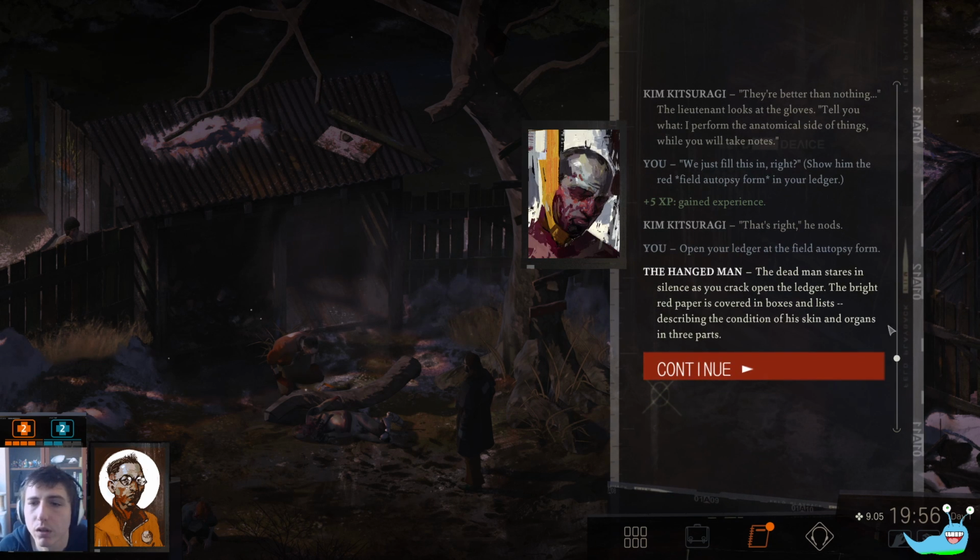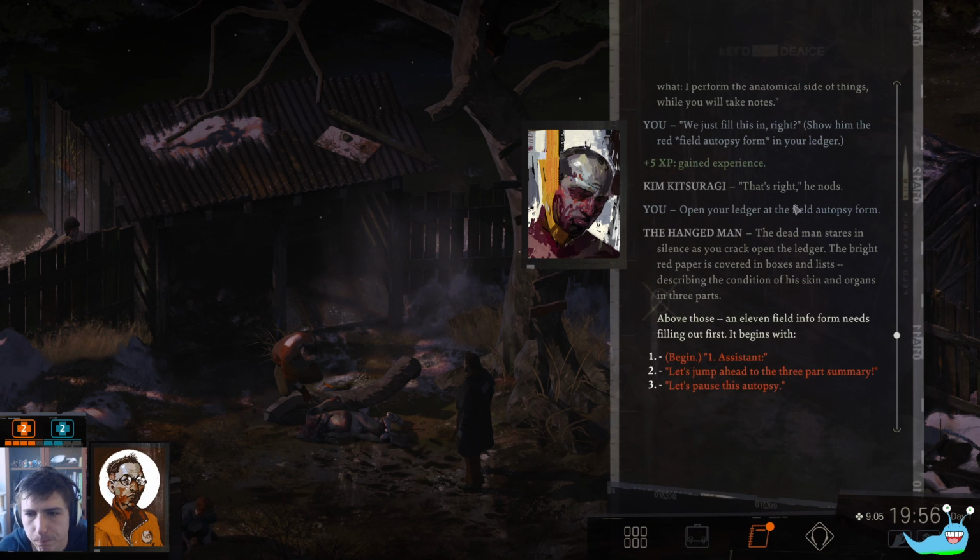The dead man stares in silence as you crack open the ledger. The bright red paper is covered in boxes and lists, describing the condition of his skin and organs in 3 parts. Above those, an 11-field info form needs filling out first. It begins with: